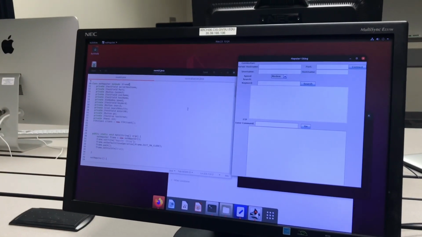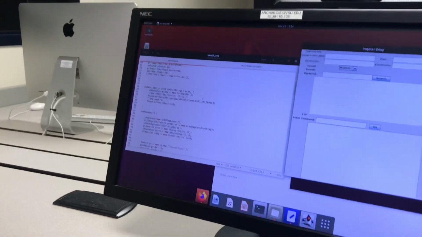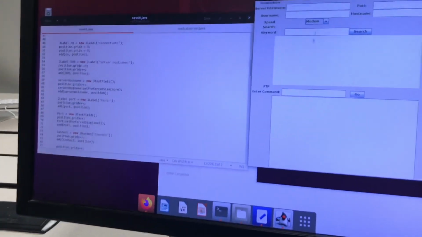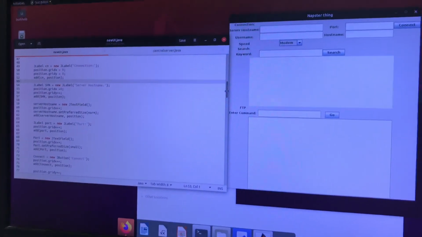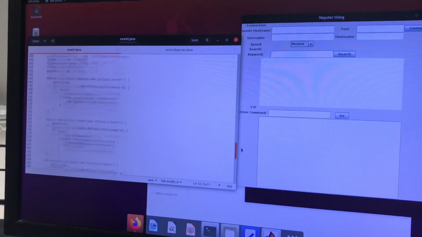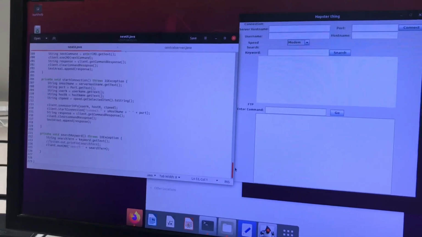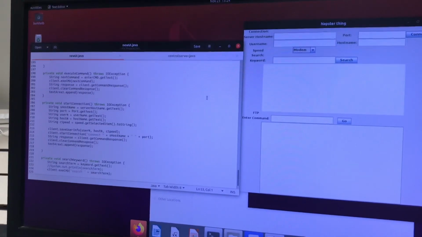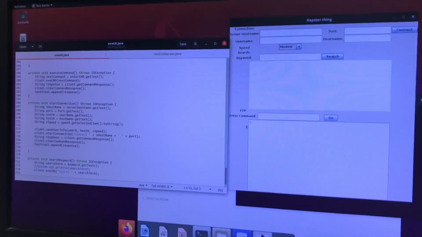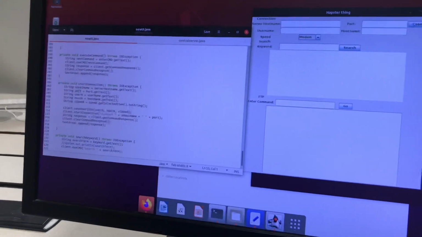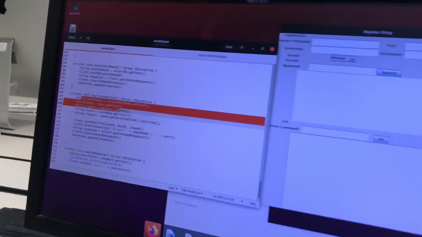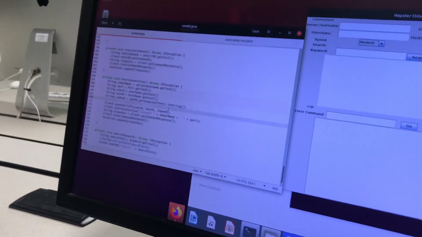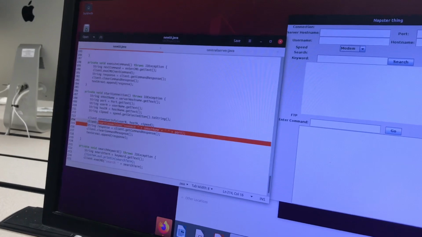For our GUI, we used a grid bag layout that added in each of the different items and their positions. At the end, we have the major functions being started off by the buttons. So for connect, we are going to get all the information from the information fields. We are going to go ahead and send to the client